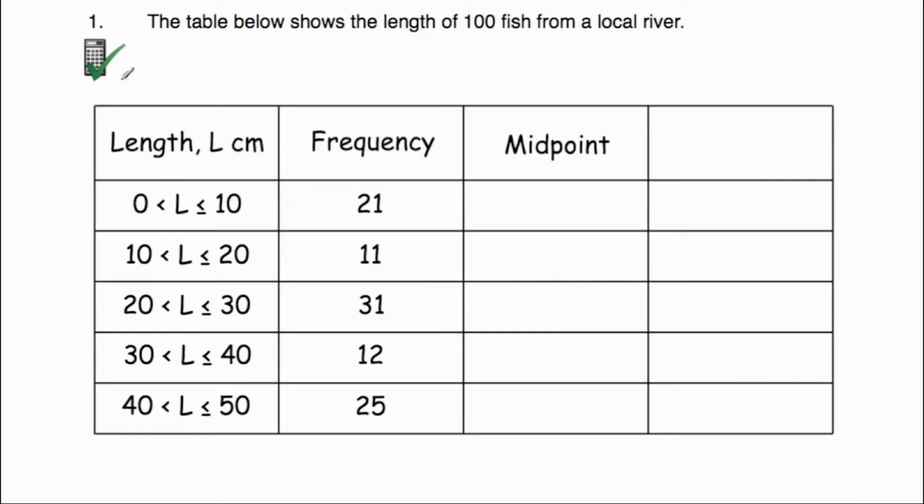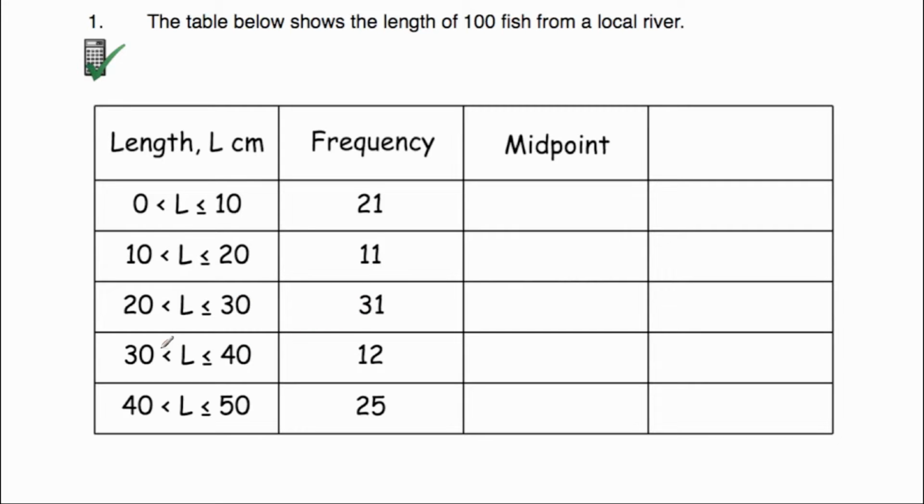Okay, so let's have a look at question number 1. Question number 1 says the table below shows the length of 100 fish from a local river. It's a group frequency table. The first group says that the length is bigger than 0 centimeters but less than or equal to 10 centimeters, and there's 21 fish that have those lengths. The next group says the length is bigger than 10 centimeters but less than or equal to 20 centimeters, and there's 11 fish with those lengths. The next group is bigger than 20 centimeters but less than or equal to 30 centimeters, and there's 31 fish